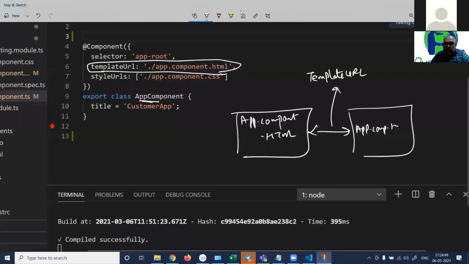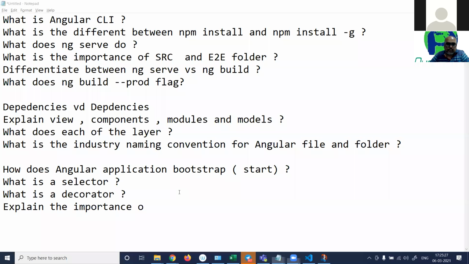So a decorator is a decorator. Explain the importance of template URL. So very quickly here, until you can put down the questions here, importance of template URL. Remember guys, today the demos are less. There is no demo today, but more of the understanding.